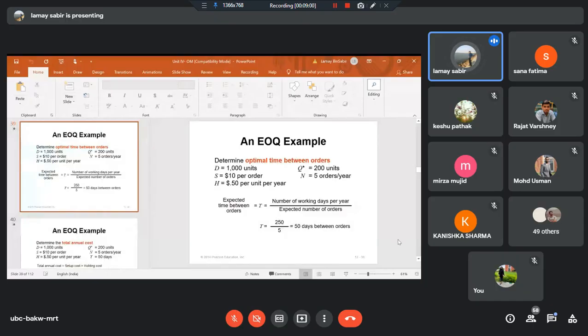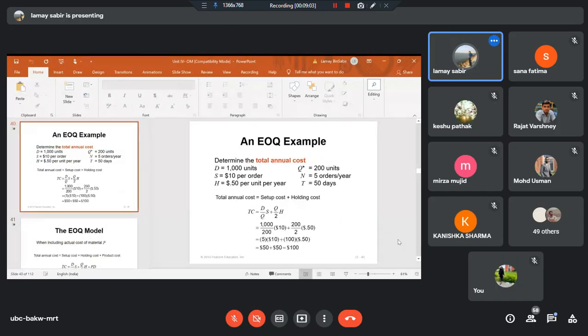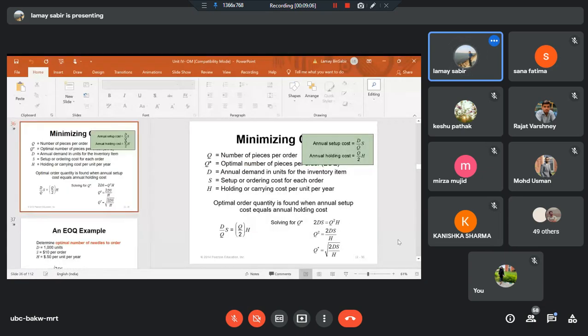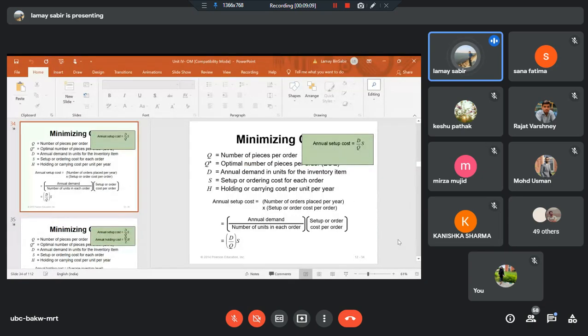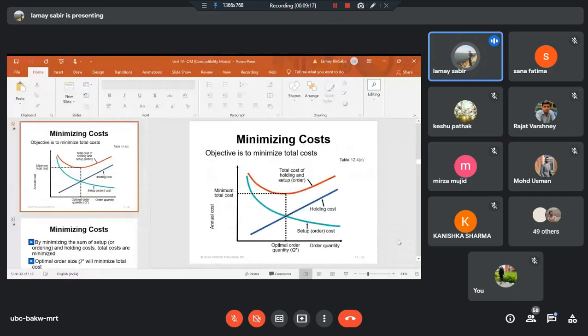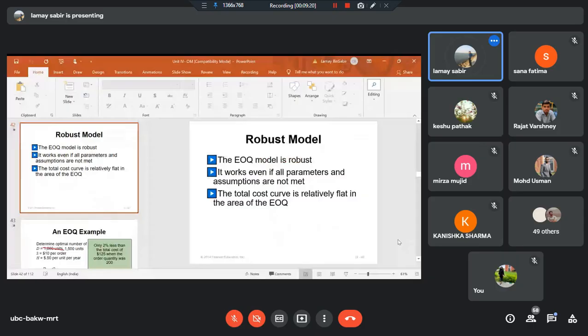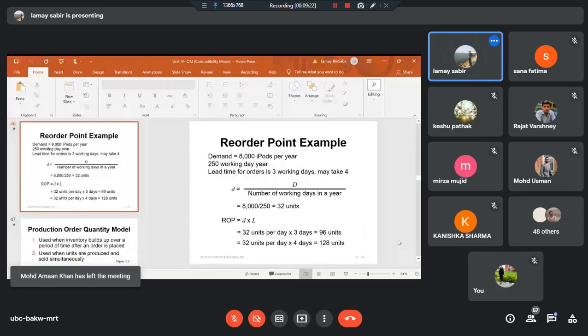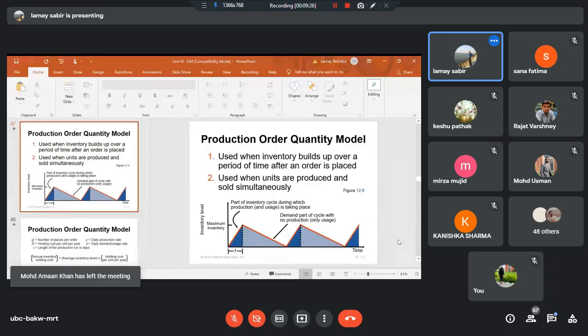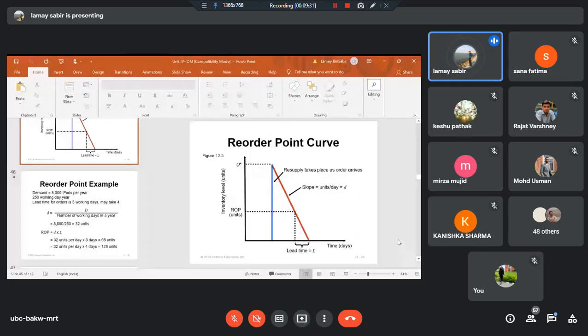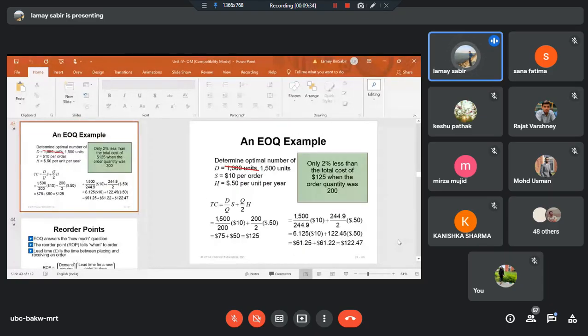This is the numerical problem which we discussed in the basic EOQ model. Now I just wanted to tell you one thing. If you recall, at the starting of the discussion in inventory management, I told you that primarily we have three models of inventory. First model, we call it the basic EOQ model. Second model, we will call it the production order quantity model. And third model, we will call it the discounting model. So this is the scheme of discussion, the different types of model that we have, and the basic EOQ model we have already covered.